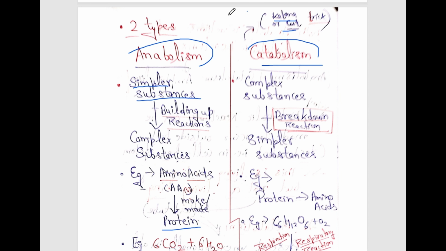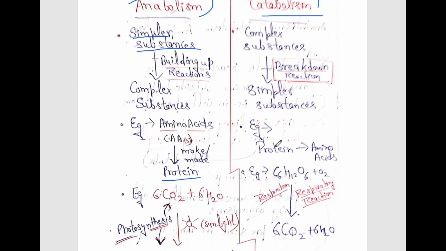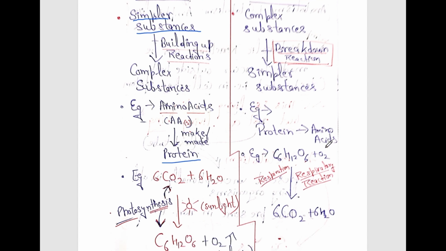Here the potential energy present in the complex substances is converted into kinetic energy. Here you can see protein to amino acids. Another example: respiration is an example of catabolism. It releases the energy